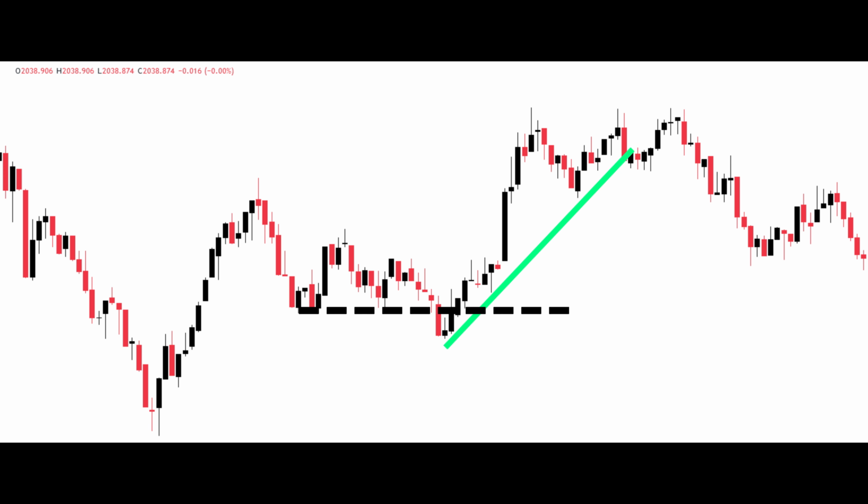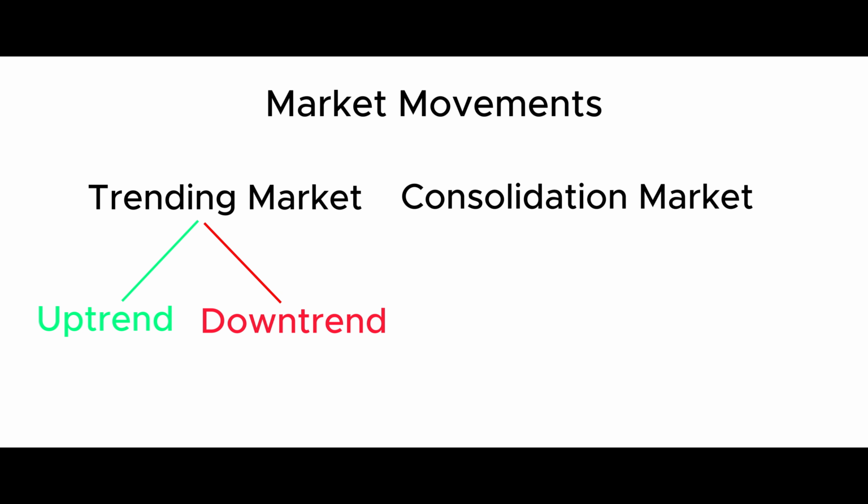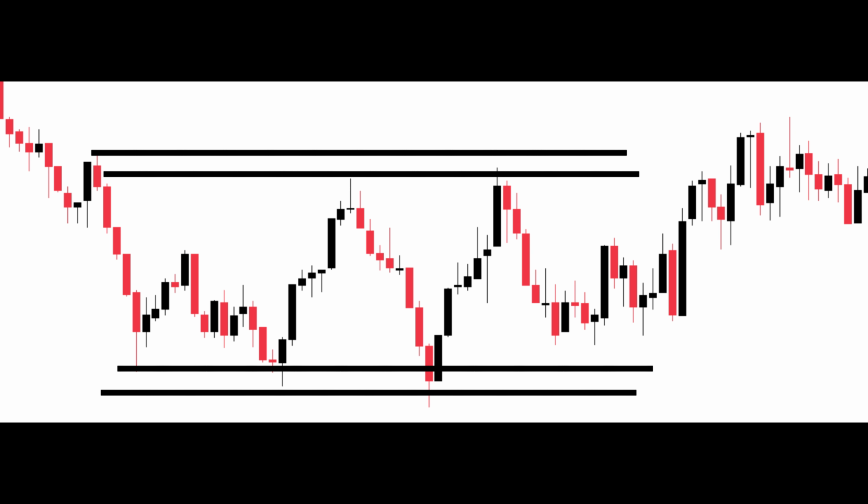First, let's understand the way the market moves. The market moves in two ways. We can be in a trending market, which includes an uptrend and a downtrend. And the other market move is the consolidation market. This is where price moves between the same highs and lows. The consolidation market movement usually happens because past liquidity has been exhausted, and the market now awaits and loads liquidity